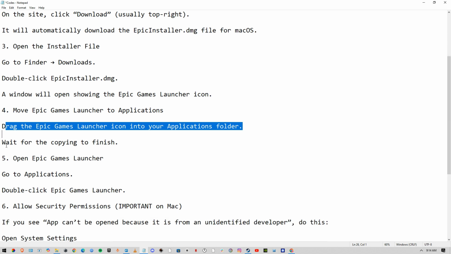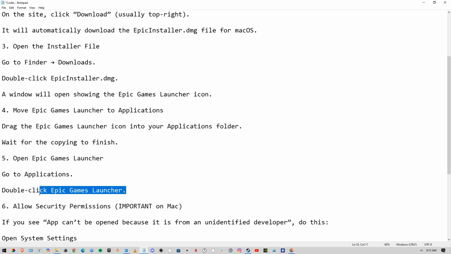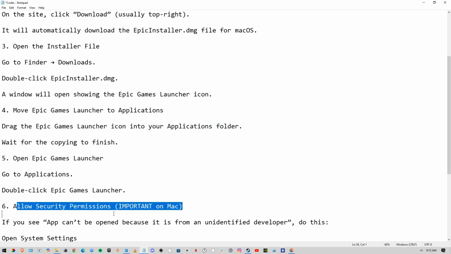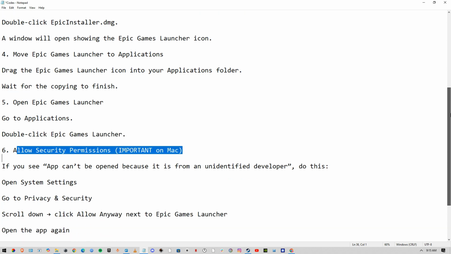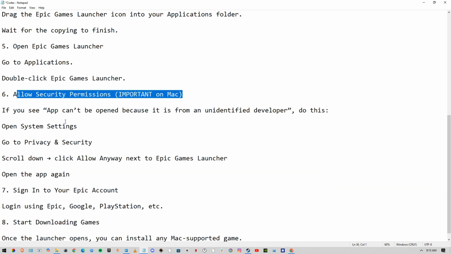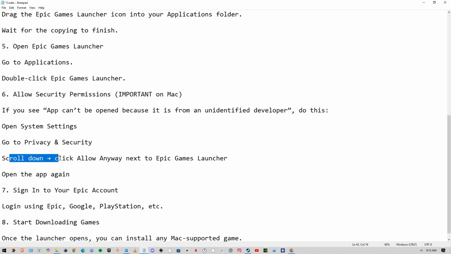and then wait for the copying to finish, and then open Epic Games Launcher. Go to Applications and double click on the Epic Games Launcher. Allow security permissions, which are important on Mac. And after that, if you see the app can't be opened because it is from an unidentified developer, you can do this: open System Settings and then go to Privacy and Security, scroll down, click Allow Anyway next to Epic Games Launcher, and